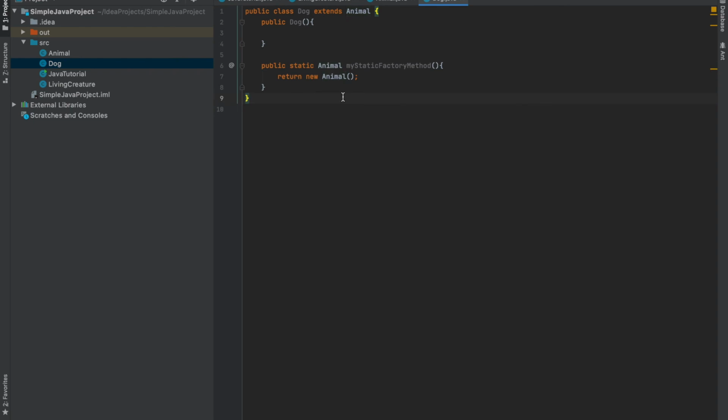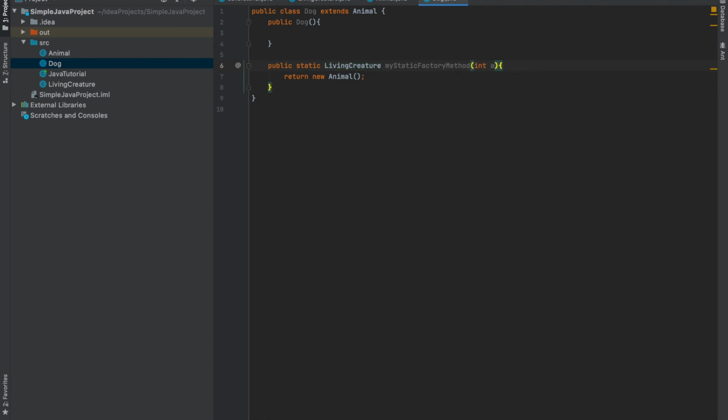Another advantage is just an extension of this. Here we are bound that we are going to return Animal, right? But we can also return a value depending on some parameters. For example, I can say here that I will return LivingCreature, and I can take some integer a.